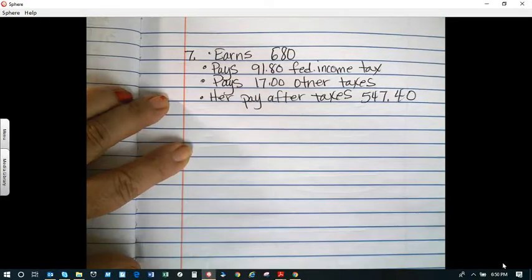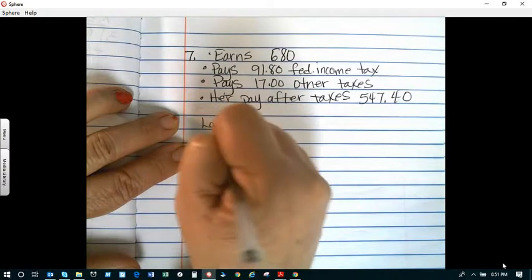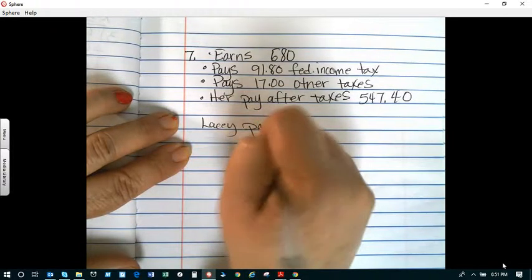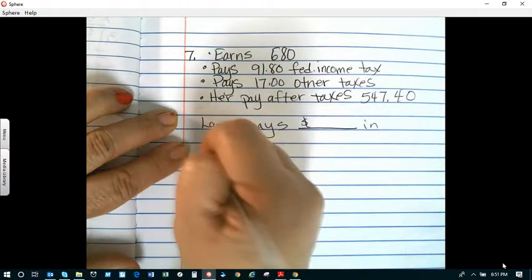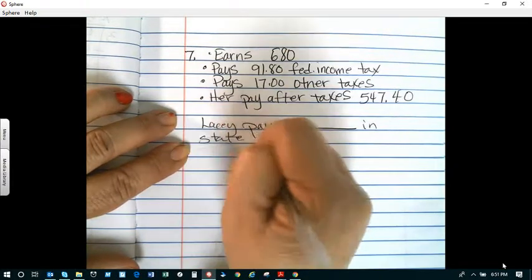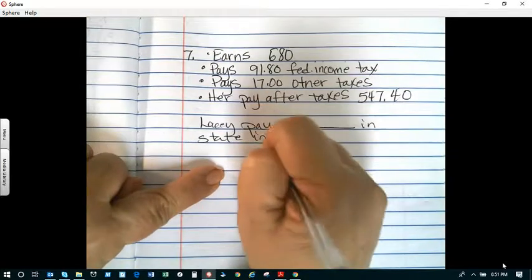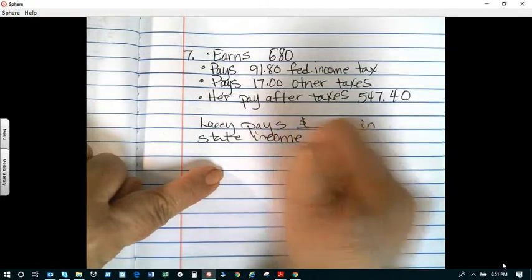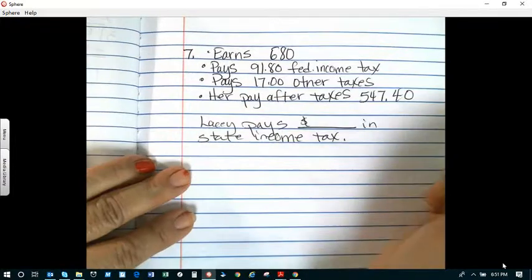Okay, well, this is the state. But if we didn't, so now it's Lacey pays blank dollars in state income tax. This is what we would be, but now in this state, they pay taxes. Okay? So we said that we were going to